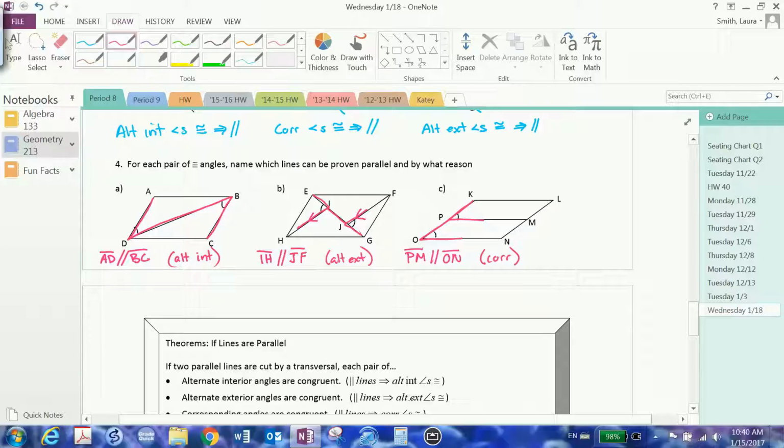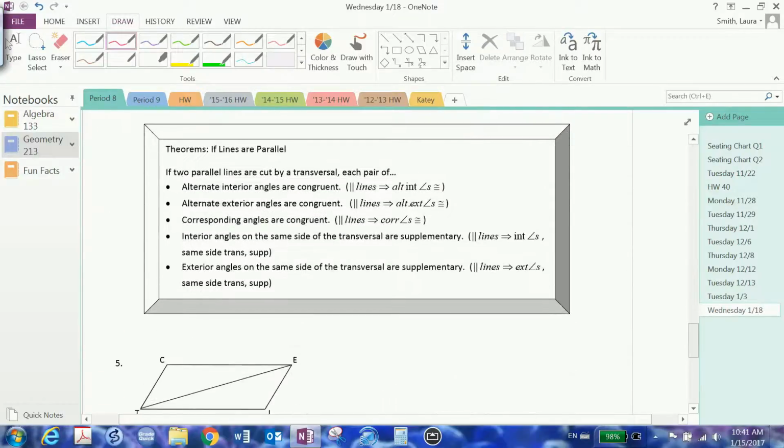Okay? All right, so now you probably guessed what's coming, and you can see it on my screen, but now we're going to work in reverse. So if we've got these angles are congruent, then we can say the lines are parallel. Well, we can also work in reverse, and that is, if the lines are parallel, then we can say, right, we just do the converse. The converse of these are true. So if two parallel lines are cut by a transversal, then each pair of, right,